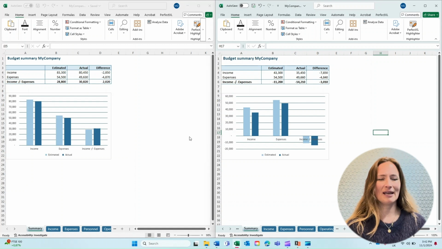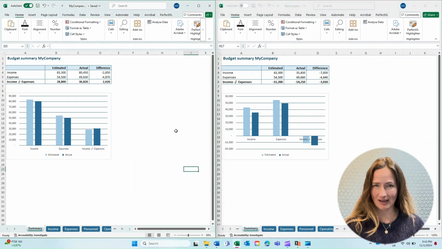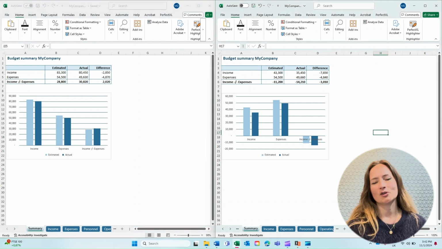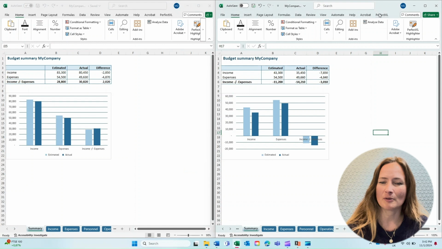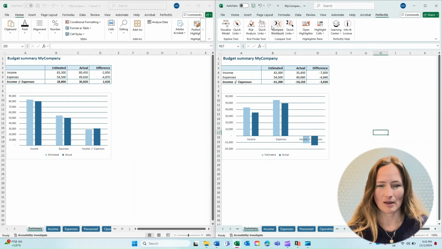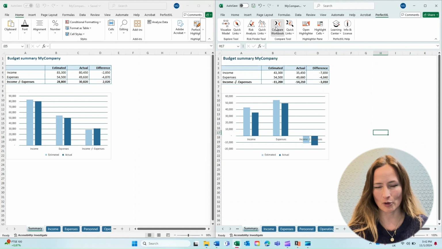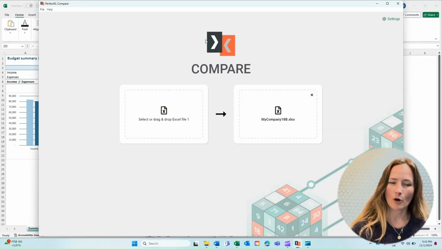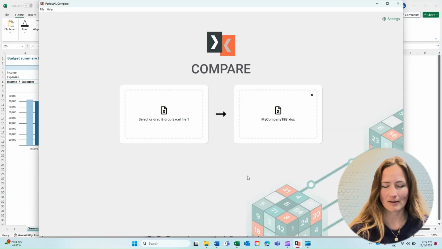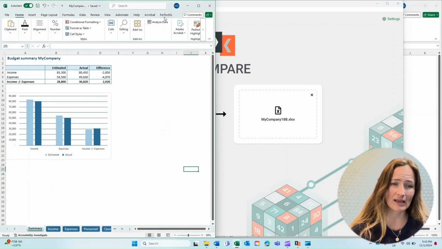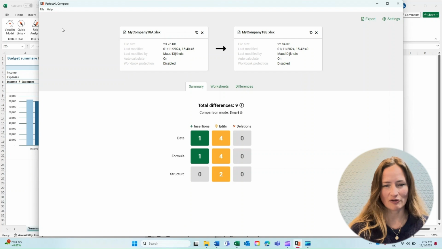So on my screen, I have on the left side version A of a file, and on the right side, I have version B. So the first thing I'm going to do is open the PerfectXL ribbon in version B, and click Compare Workbook. And this will open PerfectXL Compare and add file B to the comparison. I'm going to do the exact same thing with file A, and the analysis will start right away